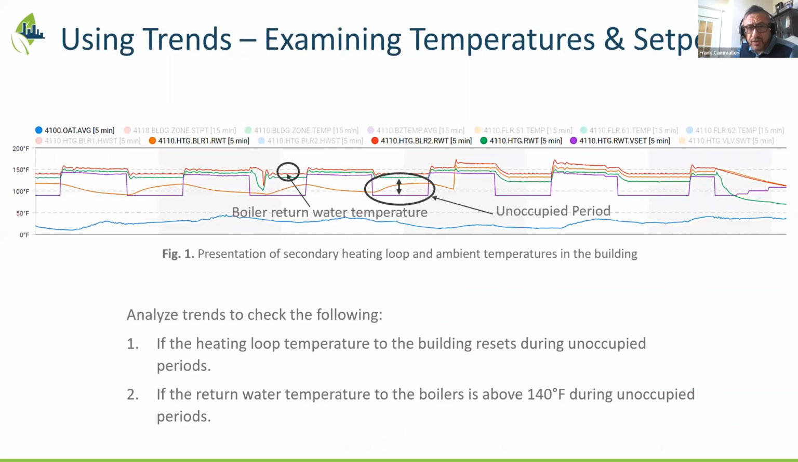And so again, some trends in the BAS here will show this. One of the biggest things the measure was trying to achieve initially was unoccupied setback, and there was a bit of a change in the facility. There was some concern about boiler return water temperature creating a problem for the boilers that are non-condensing. They get damaged if the boiler return water temperature